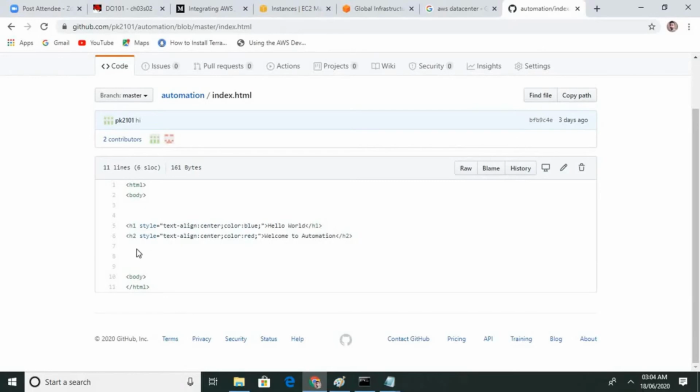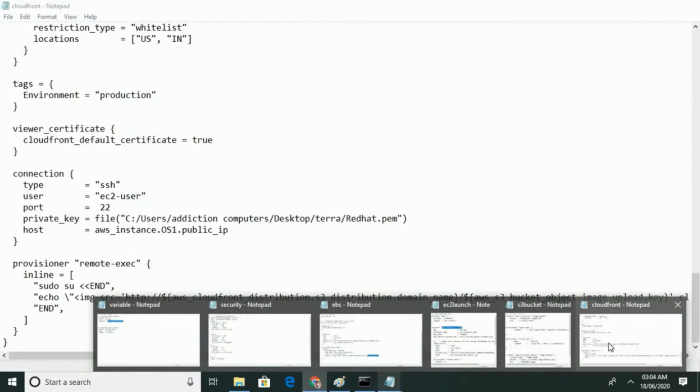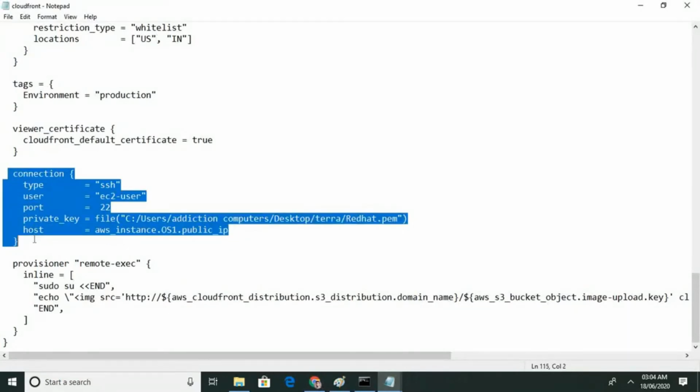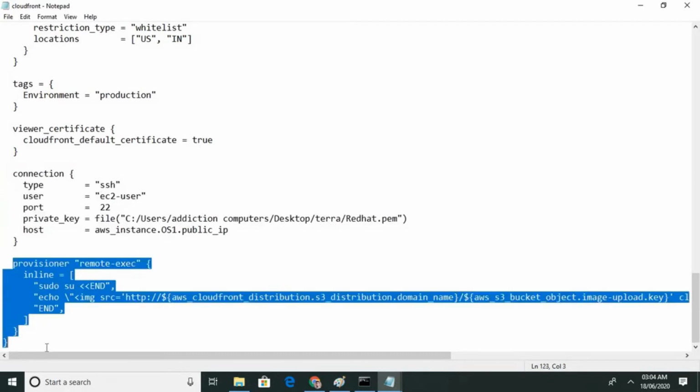Okay, below this line I have to copy this code line. For that we are first connecting to the instance via SSH, then writing this code.